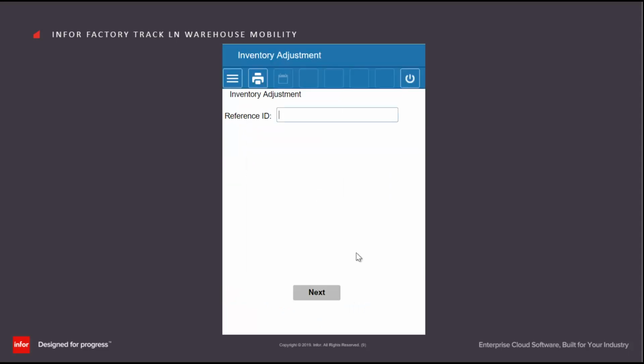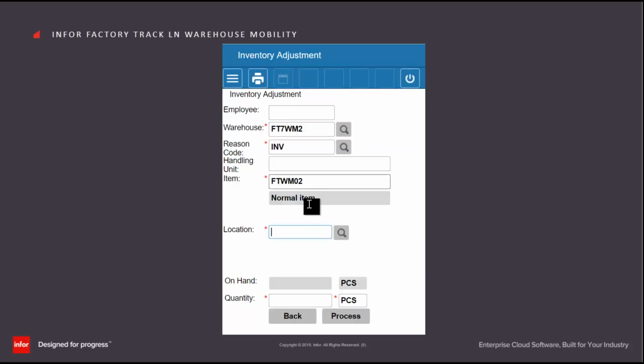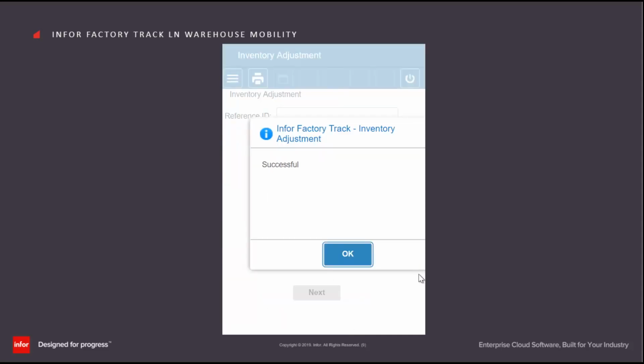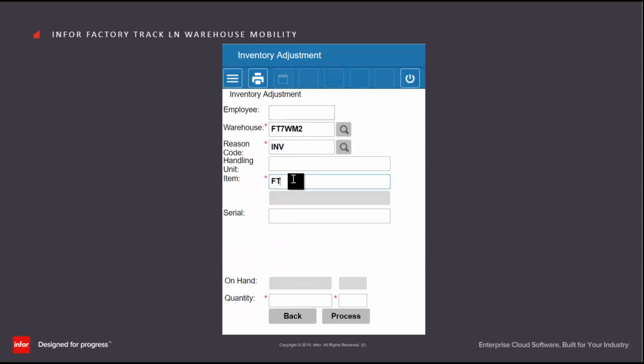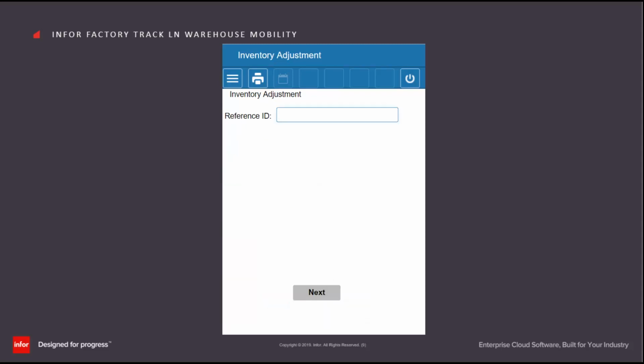in this way. Otherwise, we can make a stock adjustment at the individual item level, scanning in the location if the item is location controlled, and adjusting the quantity either up or down. If we actually count them to be 3,113, then this will in effect do a write-on for a quantity of 13. Similarly, if we want to reduce the amount, if there are less than we expected, then rather than 3113, there might be 3091. As I say, this transaction is primarily used where the unit of measure is either weight